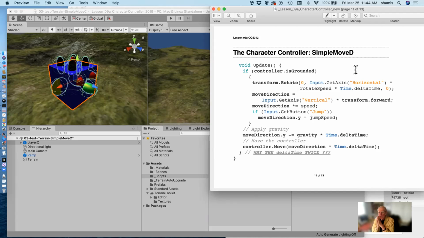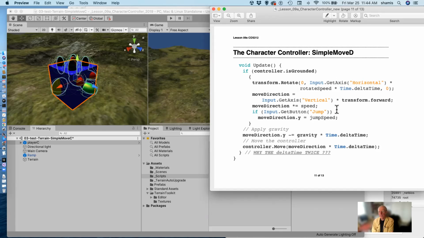If I am grounded, I'm going to rotate with the horizontal axes, and I'm going to again form a vector with the input get axis times our transform forward, our unit vector out the front of our player. I'm going to scale that by speed,